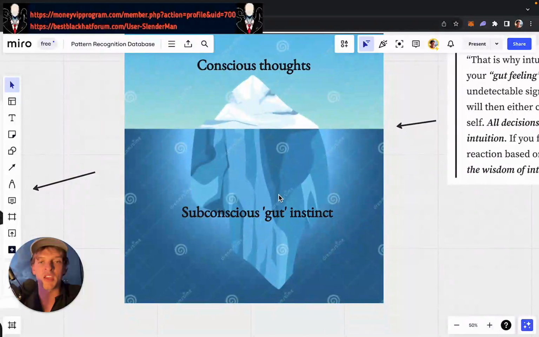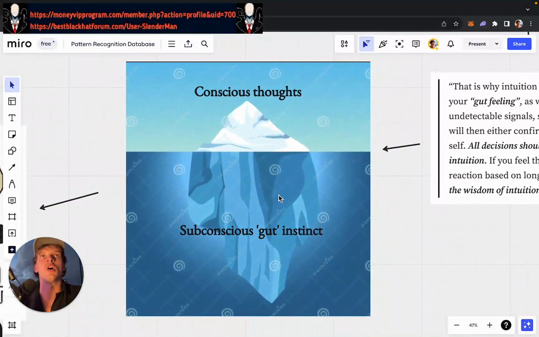Because you need to understand that the brain is a very complicated, nuanced, and complex organ. I guess you could call it an organ. I don't know. Maybe let's call it an organ, right? It's so much more complex than we can possibly understand. And the way that I like to look at it is